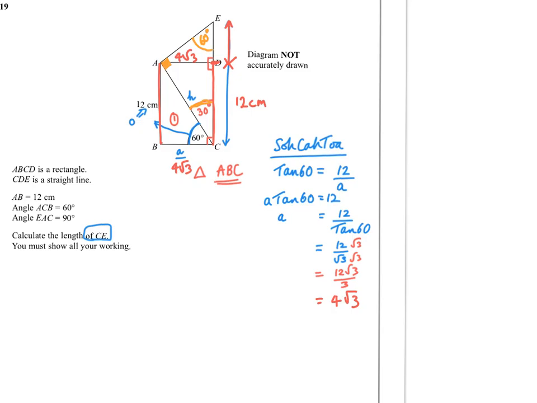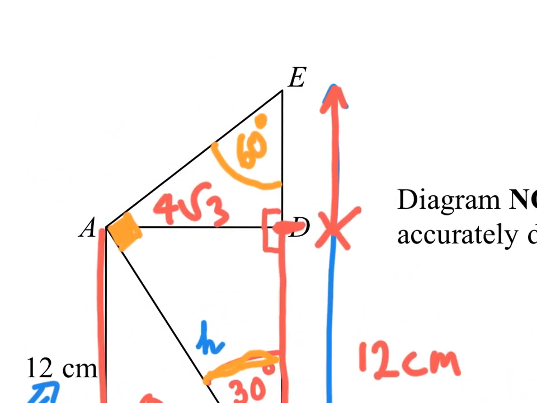So we can find ED, because if we just look at this triangle here, AED, then basically we've got the angle, we've got the opposite, and we want the adjacent. The hypotenuse is always opposite the right angle. So what we can do here is, and I'll just keep my workings here because it might just help you see what's going on. In triangle EDA,